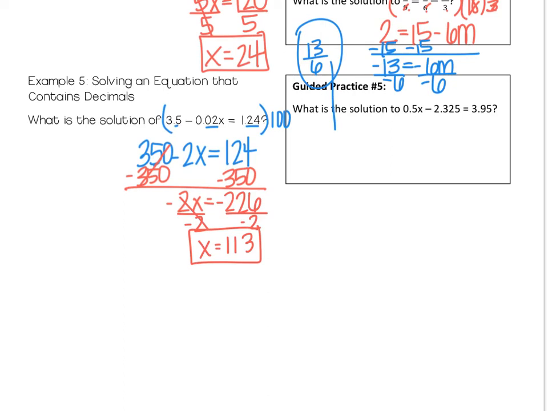Okay, guided practice number 5. Pause the video, try this one on your own, and I will give you the answer in just a second. Okay, if I want to get rid of the decimal, I'm going to have to multiply by 1,000. Or move all the decimal places 3 places to the right. So instead of 0.5, that's going to be 500x,